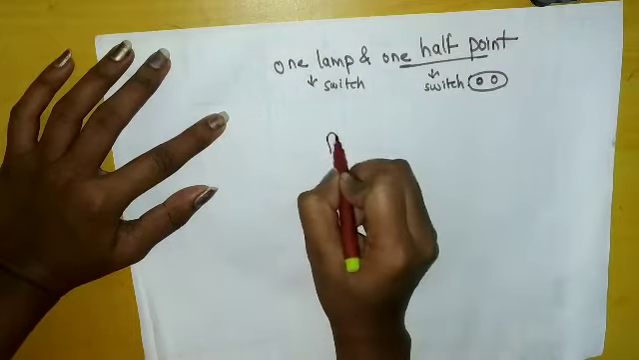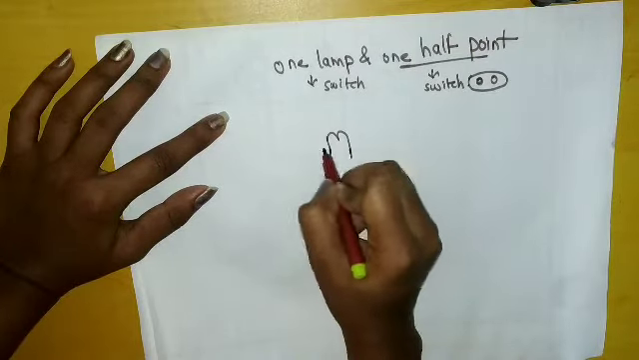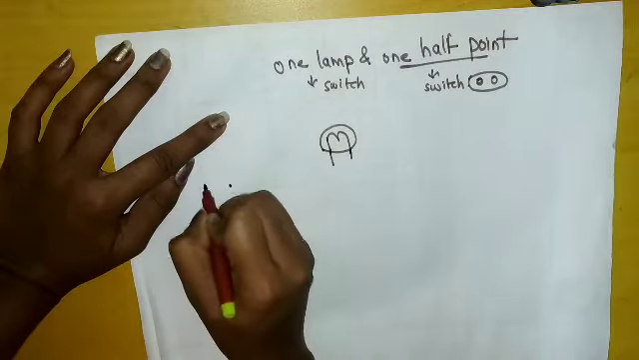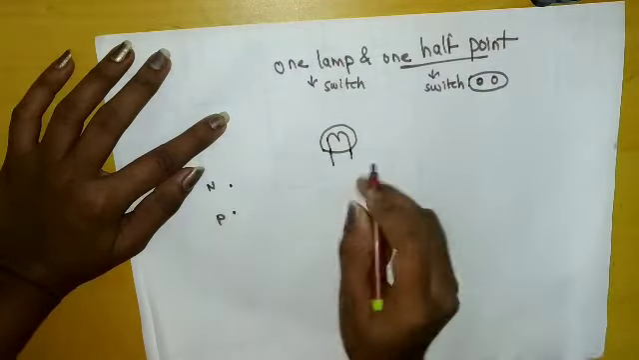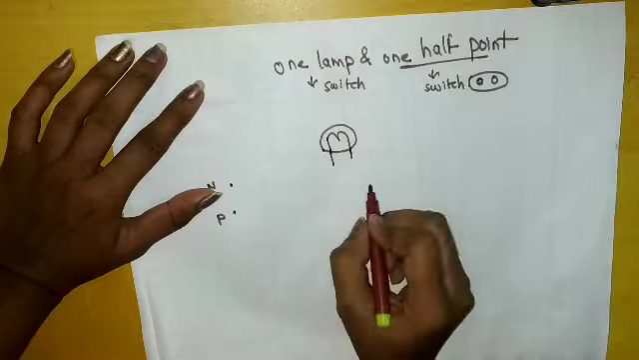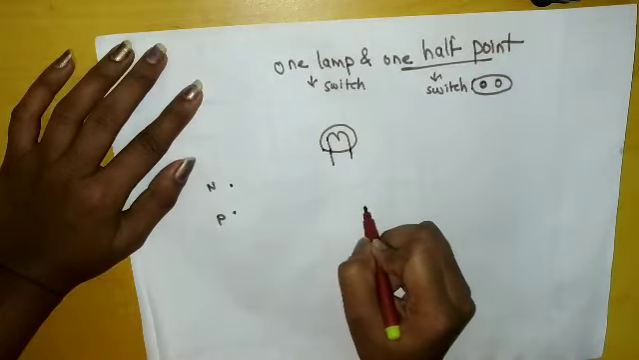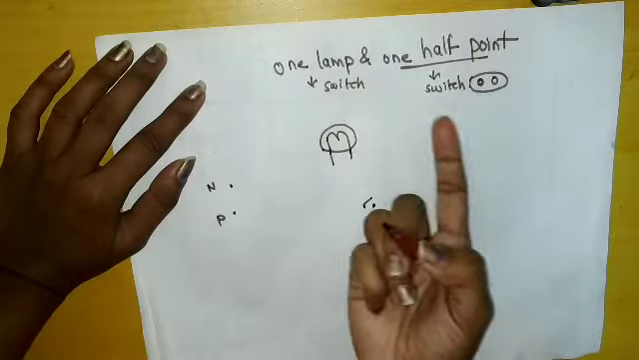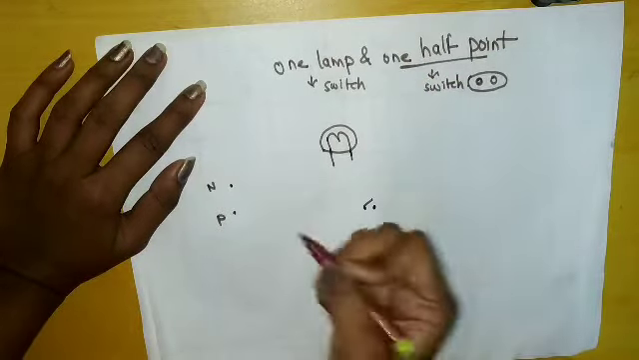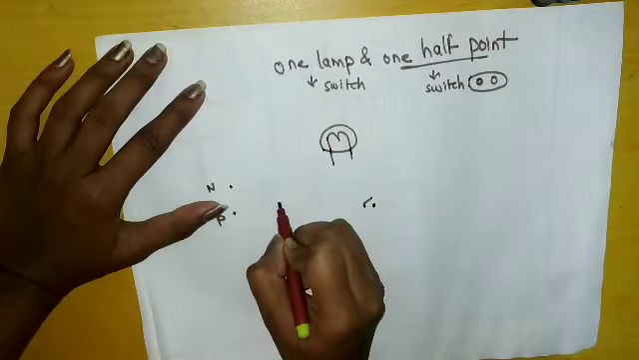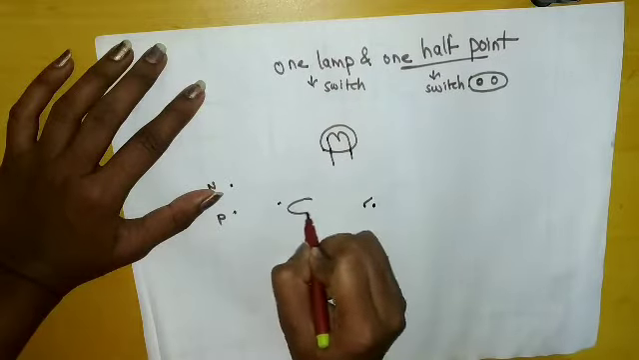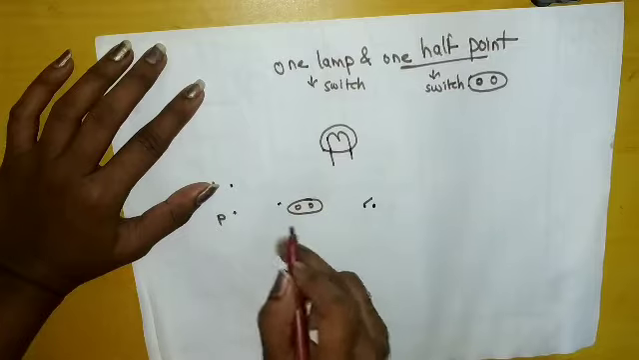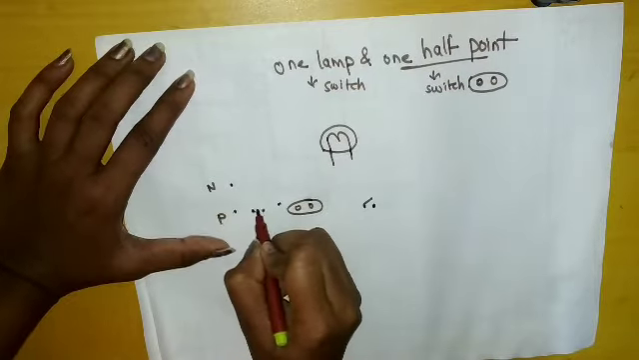Now we will first draw the lamp. So this is our lamp. This lamp will glow when it gets phase and neutral. For this lamp we require a switch. So let this be the switch S1, and now they have asked us to draw 1 half point also. I have told you what half point means. So this is the half point. This half point also requires a switch, so we will draw 1 switch here,